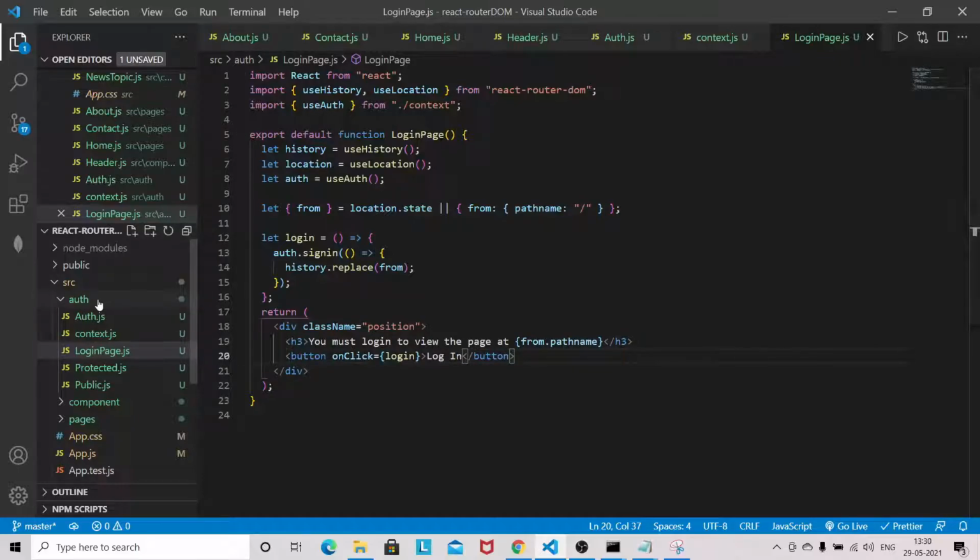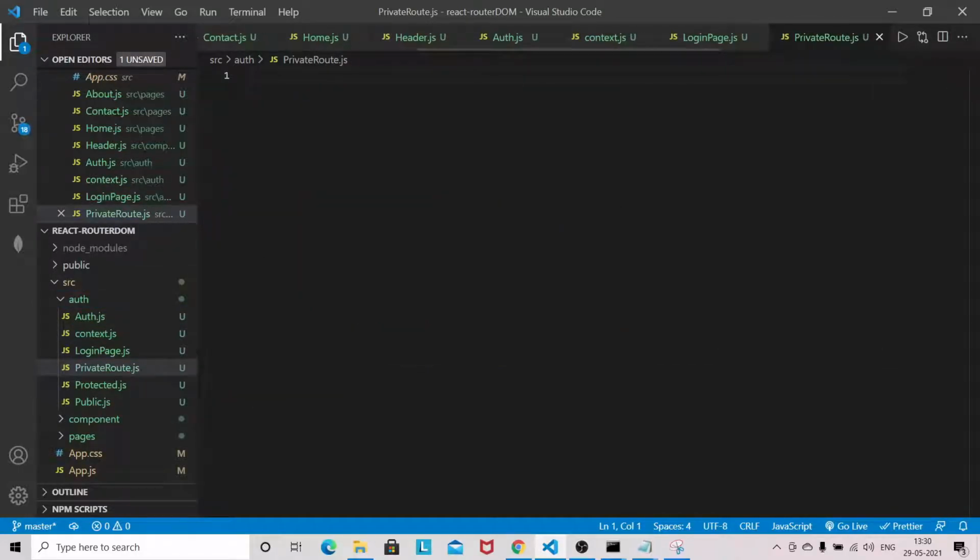Now we'll create a wrapper called PrivateRoute. We will wrap the protected page with this private custom route, so it acts as a wrapper.